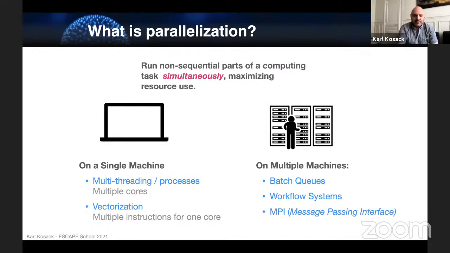Both of these introduce some complexity, and they also have some pitfalls in how you develop them, but can give some very, very big benefits. So the first thing I'll talk about is how to do some parallelism on a single machine, because that's what you have available on your laptop. And first I'll talk about multi-threading and multiprocessing. And I'll talk a bit about vectorization, but we kind of discussed that already, so I think maybe I'll skip that.